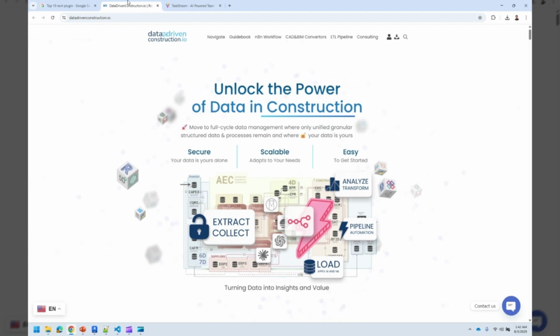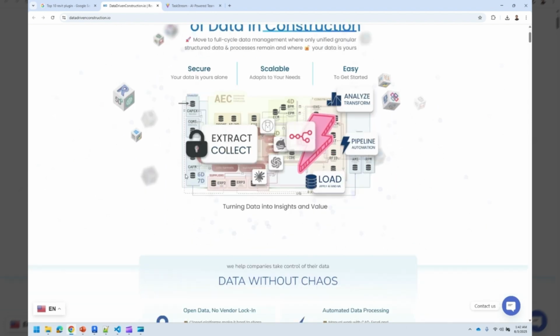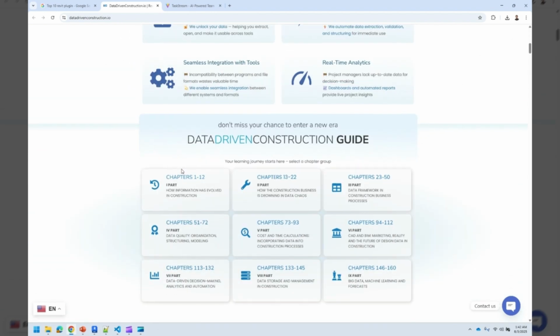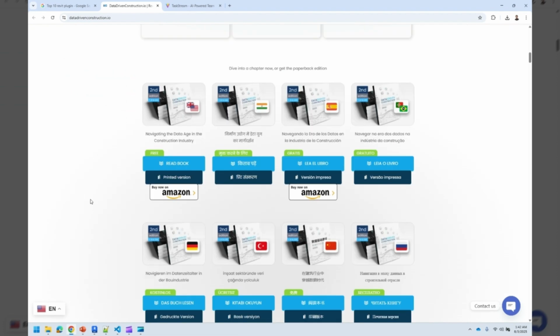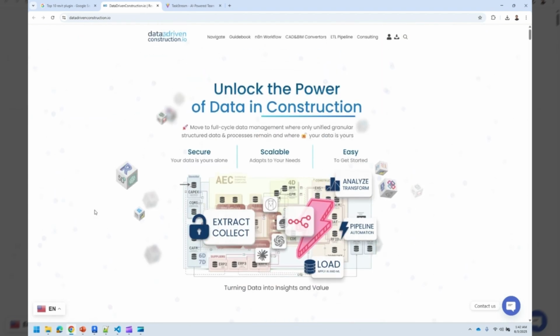So if you are trying to invest some time in building some good dashboards or data extraction workflows, I would strongly recommend going to this one. There are plenty of tutorials, as I said. I've been using it for a very long time, and this application has a lot of potential in terms of